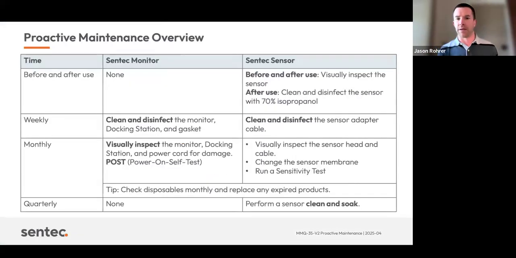So this overview here is going to be everything that we're going to cover over the next 20 to 25 minutes. Take a picture of this with your phone. This will just be a nice reminder to you so that after this webinar, you can reference back to this and remember some of the things that we talked about. So obviously before and after each use, you don't need to do anything with the monitor, but the sensor you do want to visually inspect and clean with 70% alcohol. Weekly, you will want to clean and disinfect the monitor, docking station, gasket. We're going to talk about all that in more detail in the coming slides, as well as the sensor adapter